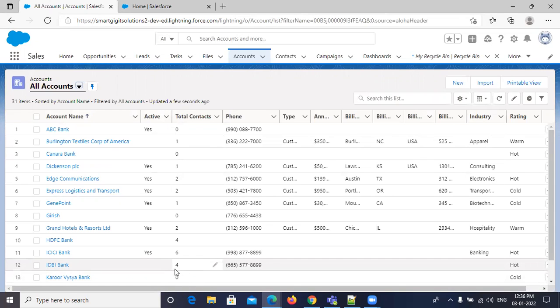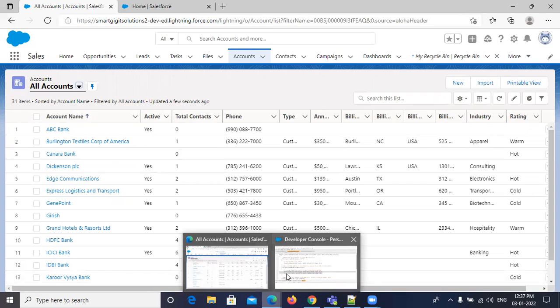It means whenever you insert a new contact into contact, the related account can calculate the number of related contacts automatically, and if you delete any contact related to the account, the total number of contacts is automatically recalculated. And if you update any contact information, it means you update the related account, then at that time you can update 2 times. It means the old record can be updated and the new record can also be updated. I think you all have understood.